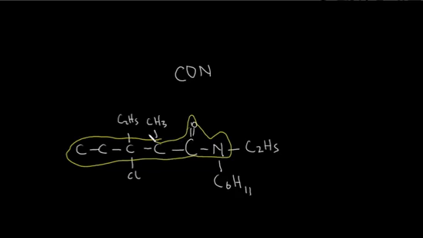Okay, so where are we counting from here? 1, 2, 3, 4, 5. So which means our parent's name is going to be pent. Let's put a double bond just to make it interesting. Let's put a double bond here. That's pent what? Pent-4, between 4 and 5. Pent-4